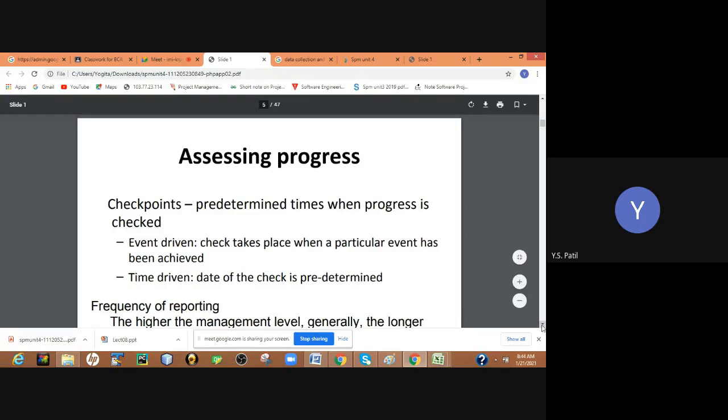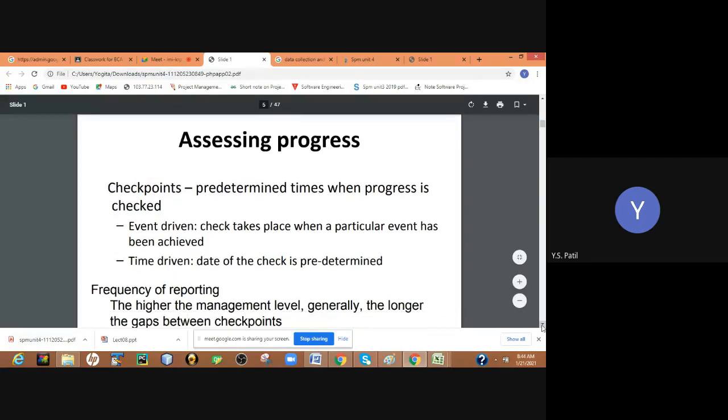So, assessing progress. See, checkpoints, several checkpoints. In any activity, let's say programming, milestones are set. Milestones are set, what does that mean? When you have activities, take one task, suppose coding is an activity, so the coding activity gets divided into several modules. It doesn't happen that you start with writing the first line, and you don't stop until you are done with the total coding and reach the last line, without taking any break. Your coding task gets divided into small small modules.